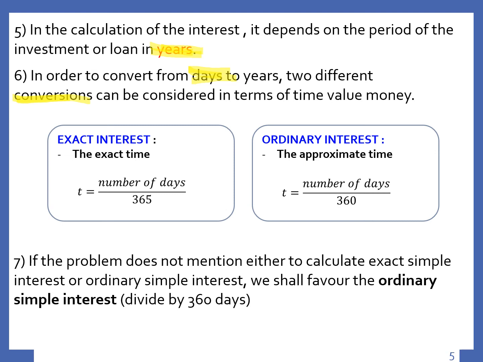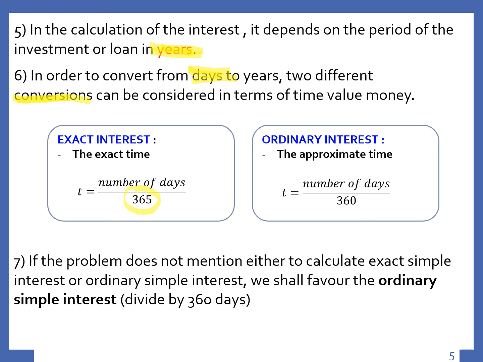The first one is exact interest. The exact time equals the number of days divided by 365. While the ordinary interest